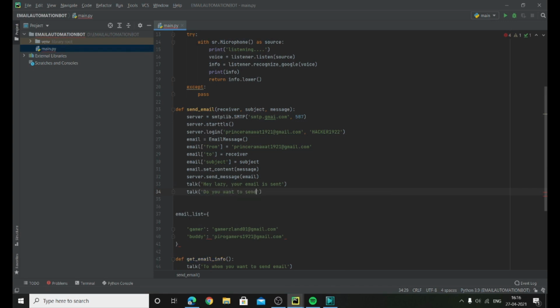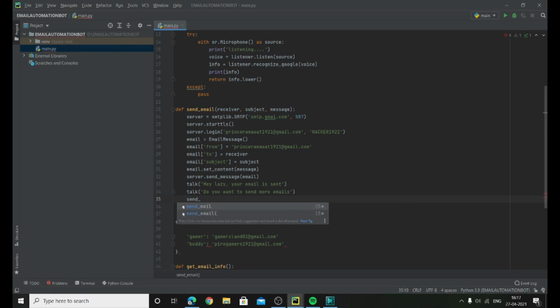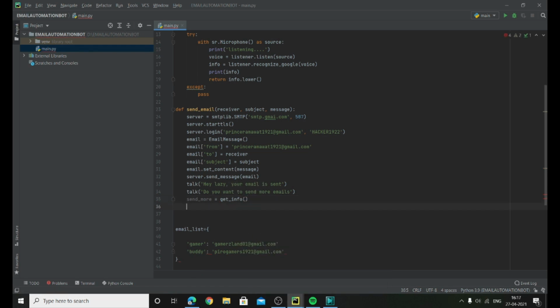Okay, just wait. Now we are defining send more. If we say yes, then we have to send more email. What will we send more? Send more will be get info. We will again go to our microphone and get the information, and the whole process will go again. Then I am defining if yes in send more.